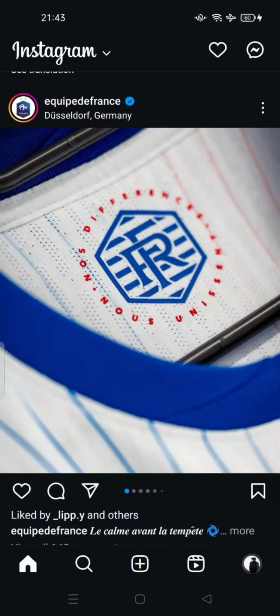Today I'm going to show you how to make a collage on Instagram story. It's very easy to do. You want to post some of your photos at one time. So let's make a collage. All you have to do is just tap this plus button,